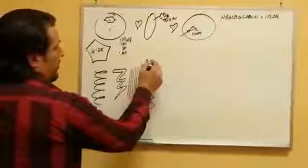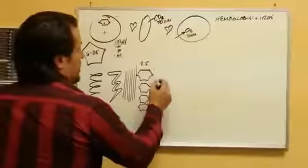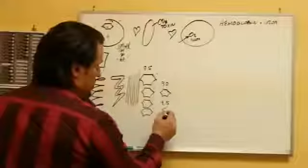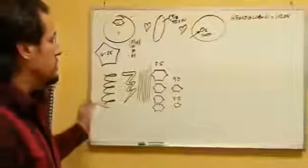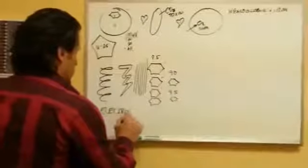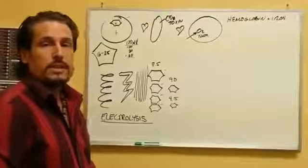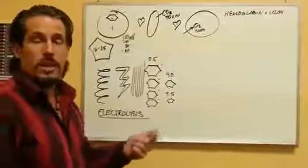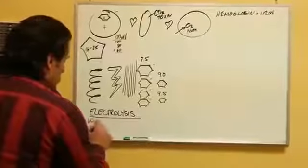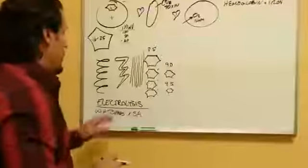This is what you'd call 8.5 water, because there's about 4 molecules that are anywhere from 5 to 6 molecules. You could say that the 9.0 water breaks it down a little bit further. The 9.5 water makes the molecules even smaller for better transportation. This is all done through the process of electrolysis. All the drinking waters use pure electrolysis to fix that. That's done via the amount of wattage in the machine, amperage, and the amount of surface area that the water comes in contact with the plates. So if electrolysis is a combination of watts or amps times surface area, that's going to be a key factor